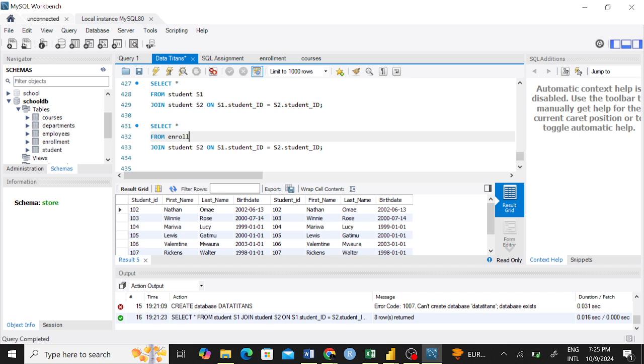Enrollment, enrollment, enrollment dot. So this one becomes E, and what may we want to join? We want to join enrollment. So this one we could call E1, and we want to join enrollment E2 on,